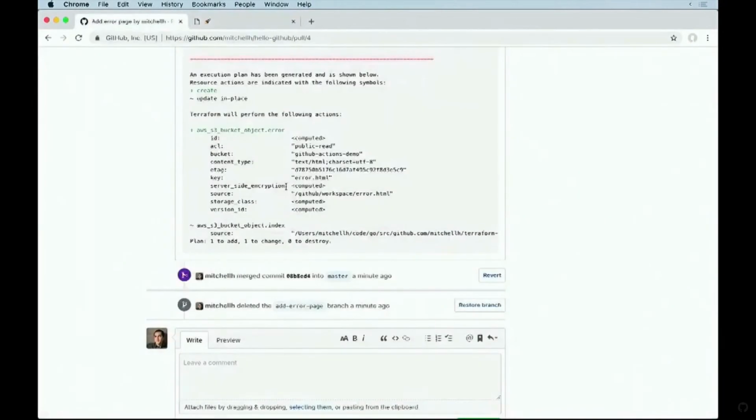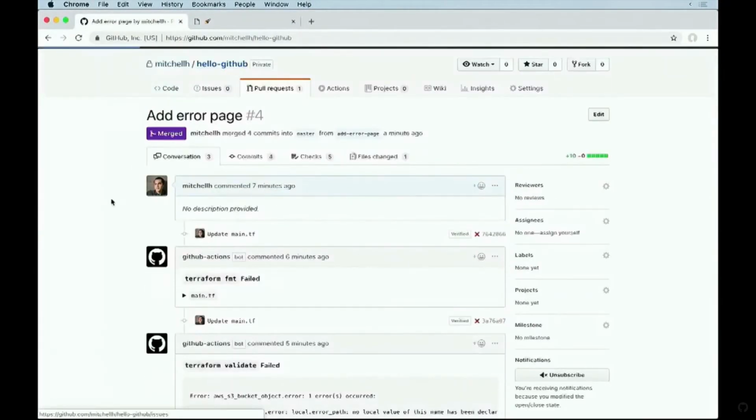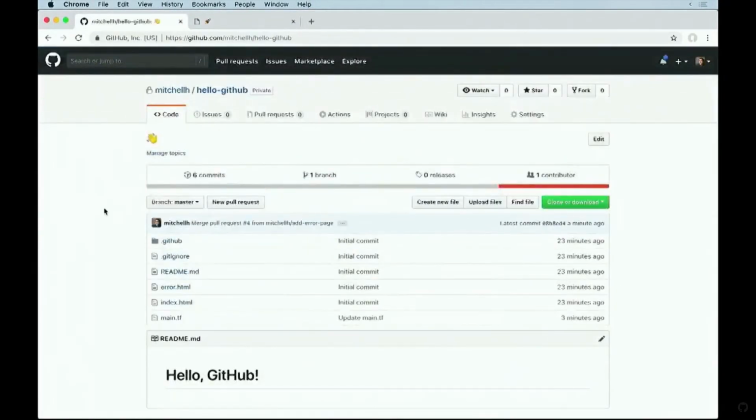And so in this demo, what I showed you is how actions interact with Terraform to help you with common, simple mistakes so that reviewers don't have to think about it,